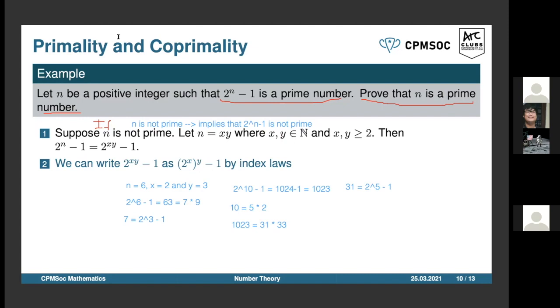What we see is 7 was 2 cubed minus 1, and we made y equal to 3. And also 31 is 2 to the 5 minus 1. And remember that 10 was equal to 5 times 2. So you see there's a 5 in common there and a 3 in common in the previous example. Then using that, we could conjecture